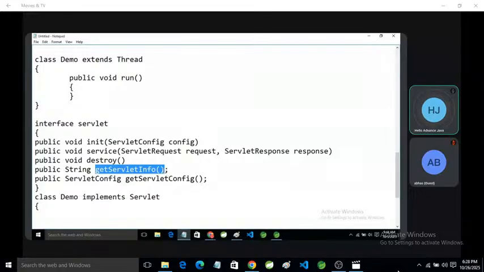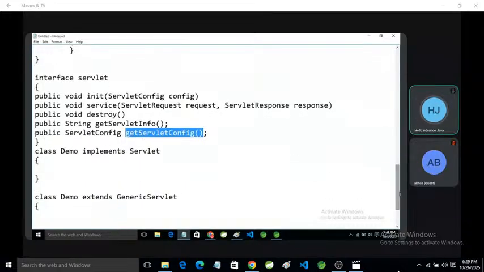And getServletConfig returns the object of ServletConfig. Here we use ServletConfig as a parameter, but it is an interface, so if you want to get the object of the ServletConfig, we use the getServletConfig method.